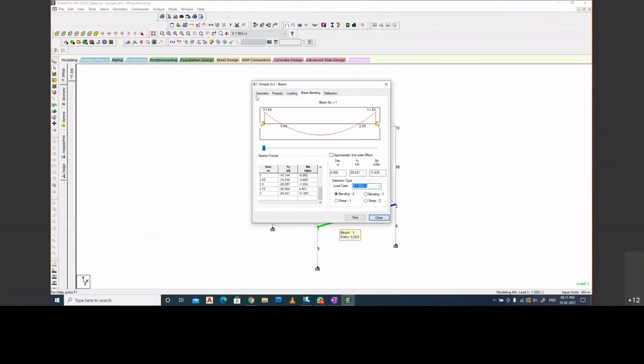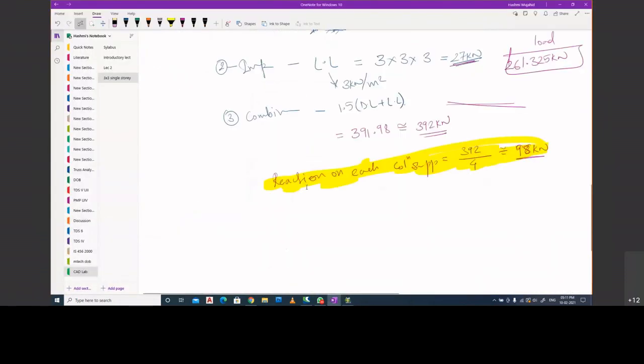So you can note it down. For your plinth beams we have this value of 11.43 at the support, and at the midspan at a distance of 1.5 meters, we have it as 11.4 almost.